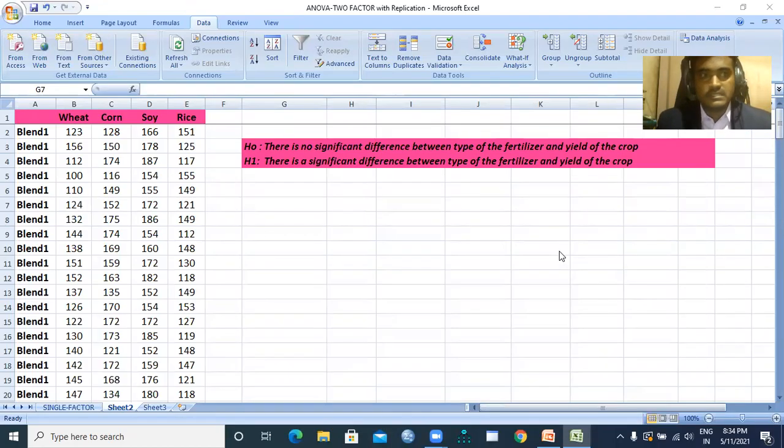Now, in this session, I would like to speak about the analysis of variance without replications. The analysis of variance without replications, the output will be in such a manner.